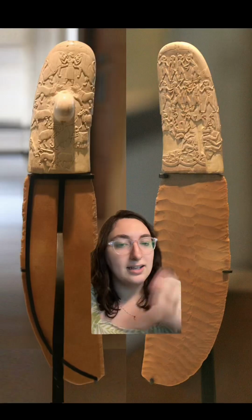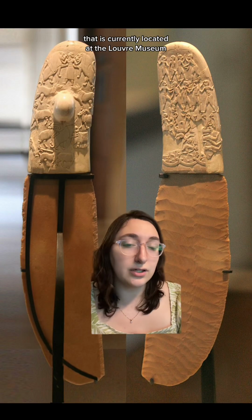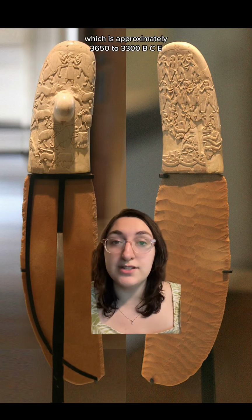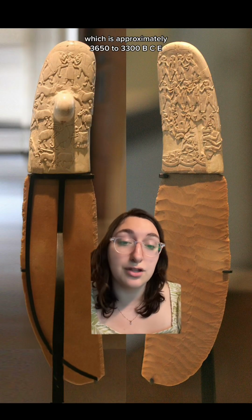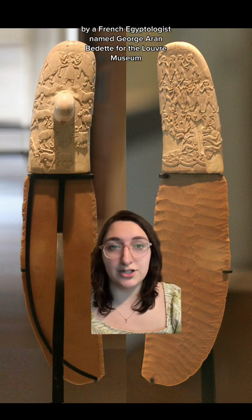Let's take a look. This is a very famous pre-dynastic knife and knife handle that is currently located at the Louvre Museum. It dates to the Naqada II period, which is approximately 3650 to 3300 BCE. The knife was purchased in Cairo in 1914 by a French Egyptologist named Georges Aaron Bénédite for the Louvre Museum,